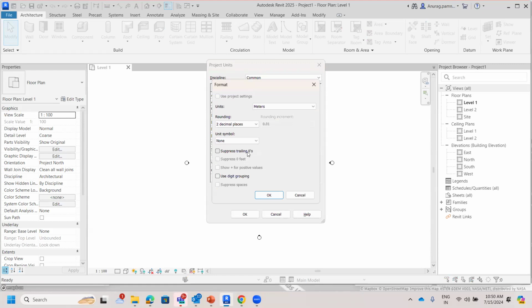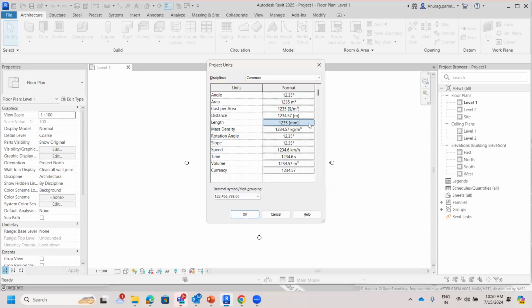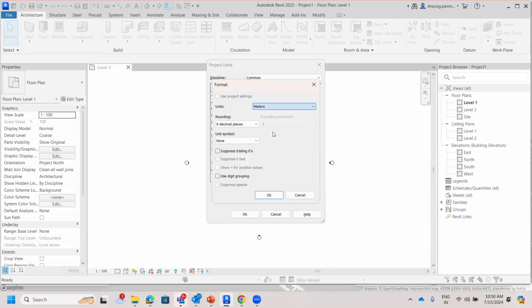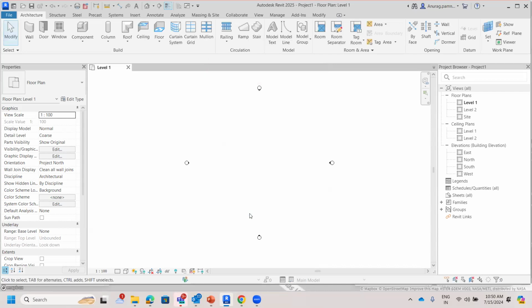तो अगर 3.32 है तो 3.32 शो करेगा। So 2 places of decimals तक मैं उसको राउंड ऑफ कर देता हूँ। सिमिलरली मैं लेंथ को भी चेंज कर देता हूँ, मीटर्स and 2 decimal places. I will do OK. सो अब मैंने प्रोजेक्ट का यूनिट्स को एस्टेब्लिश कर दिया है, which is metric units, मीटर्स में वर्क कर रहे हैं, और उसका प्रिसिशन कितना होगा, कितने डेसिमल प्लेसेस तक की वैल्यू चाहिए, वो आप डिसाइड कर सकते हो, राइट।